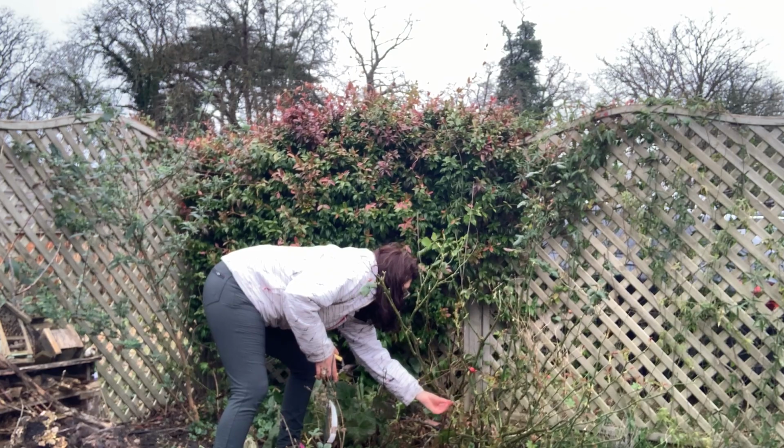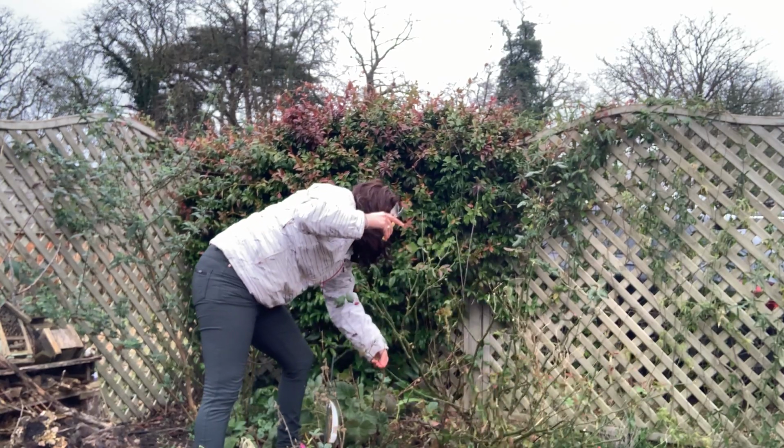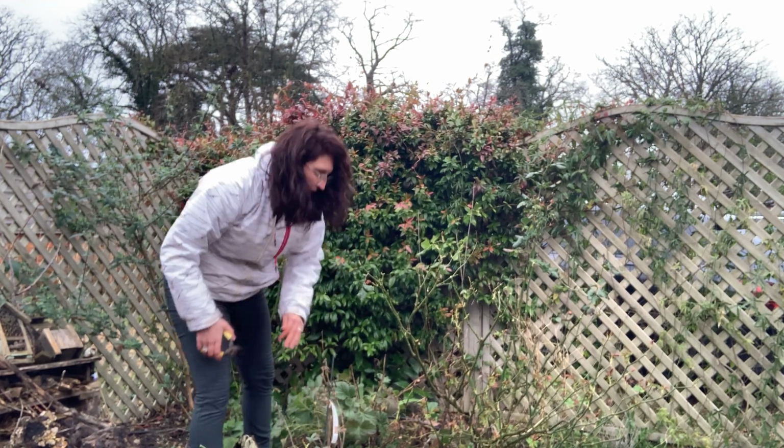Move some of these lower stems. I'm going to snip that right down to the base actually. Right, so you're going to keep going there until you've got that kind of drink shape. Now, I am